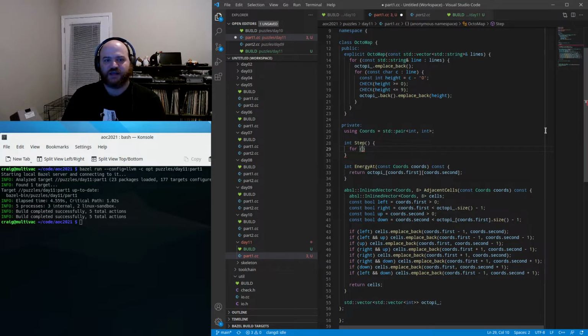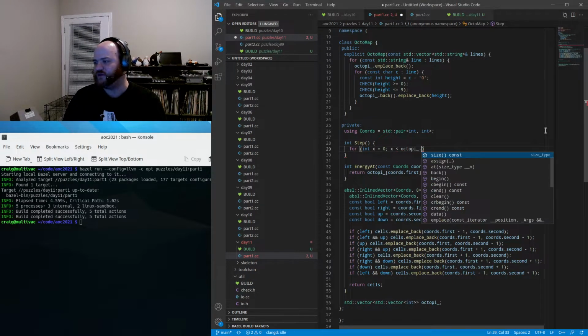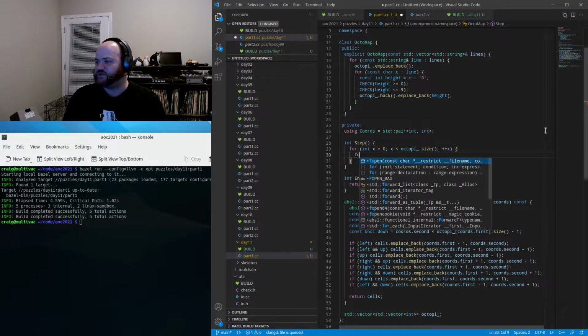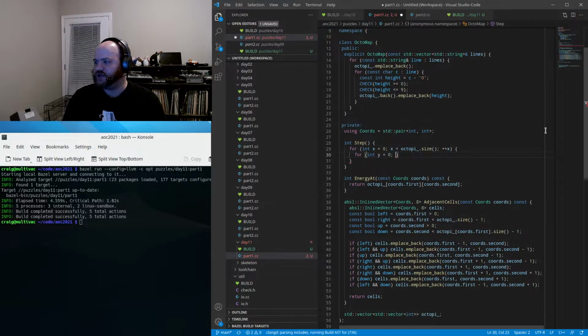So first thing we do is, I know it's a 10 by 10 grid, but I'm going to make it based on the actual size of the map, just in case. Make it a little more flexible than it necessarily needs to be. So for x coordinates in range, for y coordinates in range,